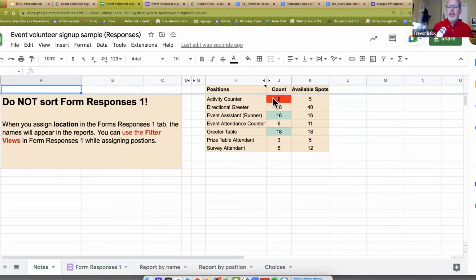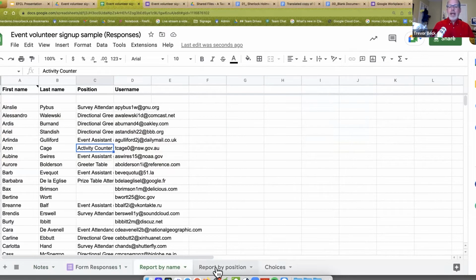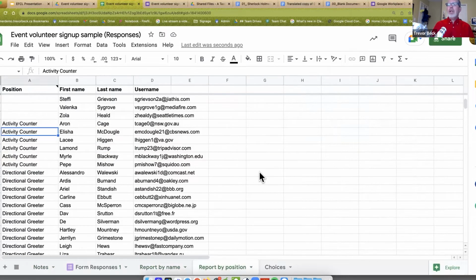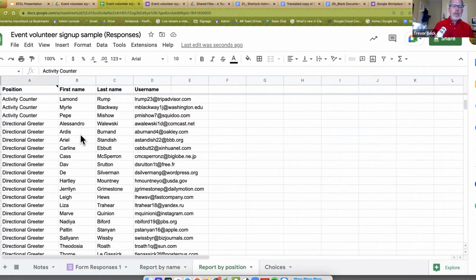That's all it's saying. This is really easy to do, but boy, can this make it so much easier to assign those positions, to get those volunteers organized and get these reports by name, by position. Who are their activities? Who's supposed to be a directional greeter? Here's a list of names, bang. I don't have to go hunting and pecking. And once these are set up, you can rinse and repeat and reuse these things all throughout the year for your different events and stuff.